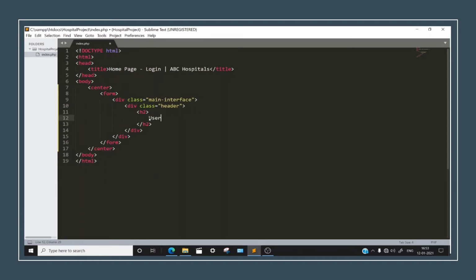Now let's go with username and we will be making an input tag. Input type should be text and name should be username. We need these things because if we are working with PHP, this is needed.